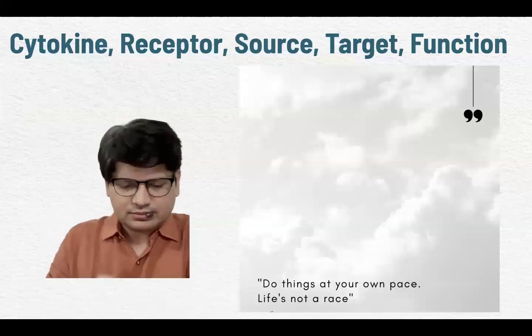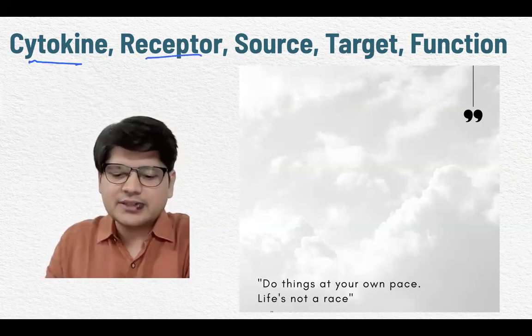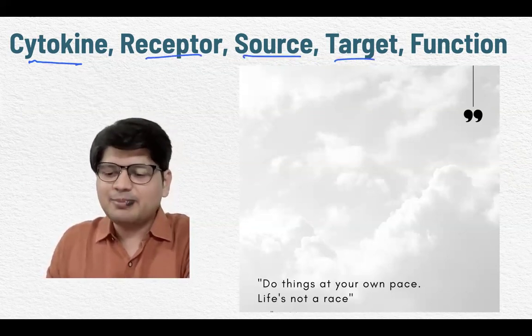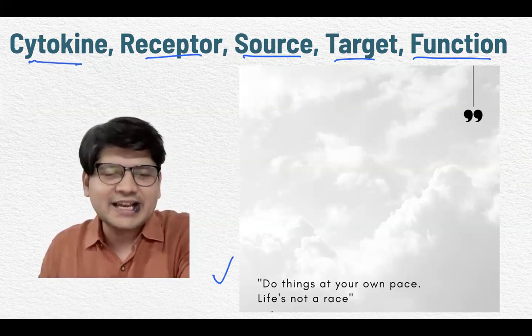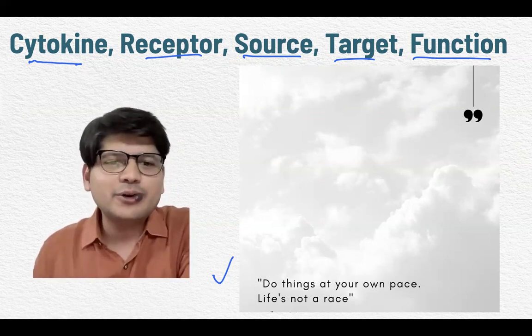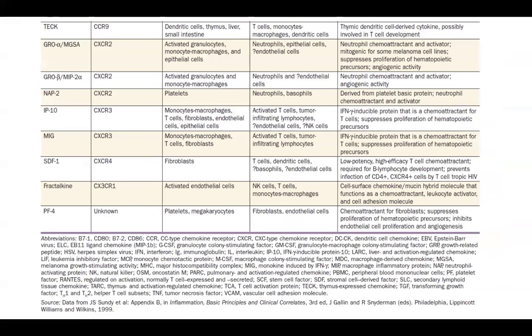So now this is where the end comes. Harrison has given a table where they have named the cytokine, given the receptor, the source, the target, and the function. Why was I repeating this multiple times: do things at your own pace. Life is not a race, because I actually wanted to show you the tables of cytokines which are given in our Harrison. This is to be read once. It is there in your Harrison. I'm not going to discuss it, otherwise the class will never get over, but you understand the principles. After that, just try to get an overview. Do not go into too much detail. Sometimes I will sacrifice one MCQ rather than screwing my gray matter so much.